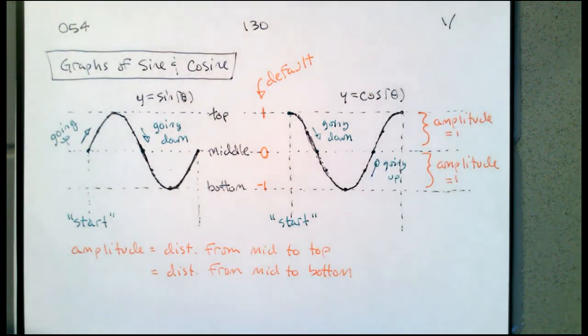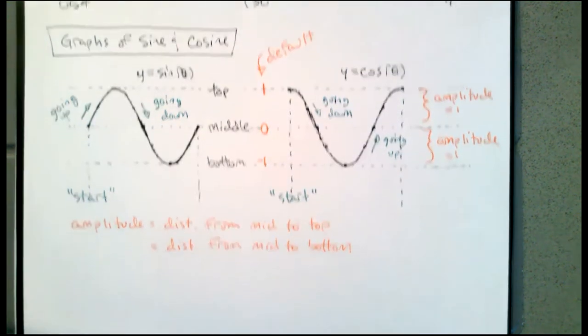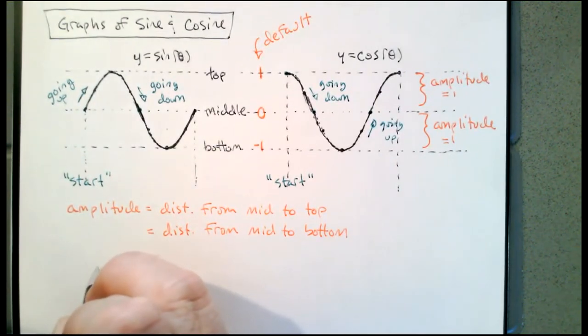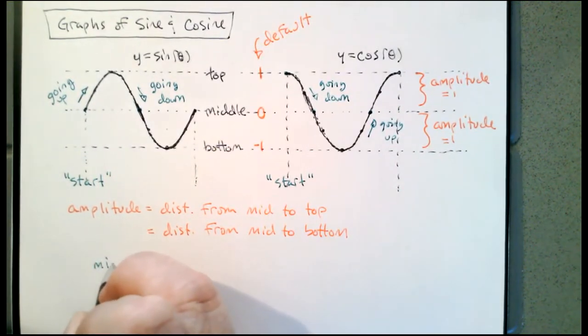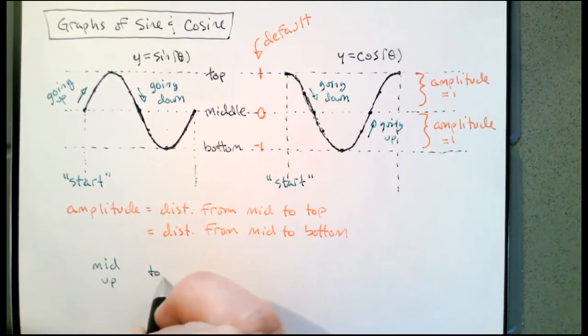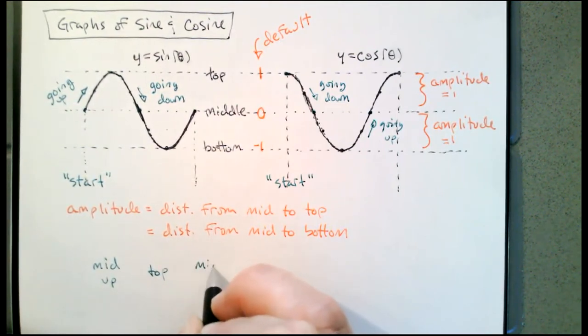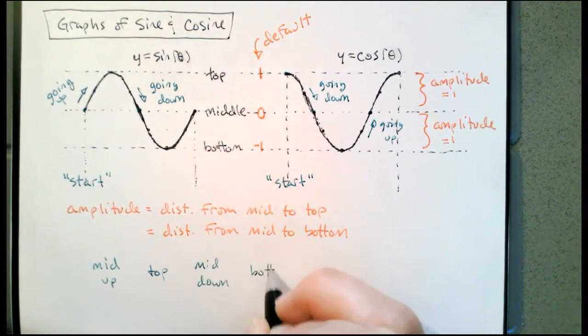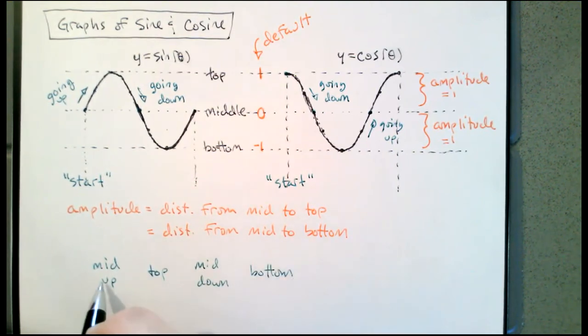The middle going up, the top, the middle going down, the bottom, the middle going up, the top, the middle going down, the bottom, the middle going up, and so on. We're just going to cycle between those 4 wherever we actually think about starting. So I'm just going to use the sine: the mid going up, and then to the top, then the mid going down, then the bottom, then the mid going up,